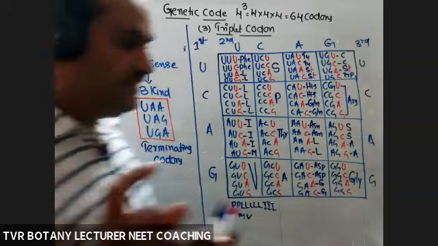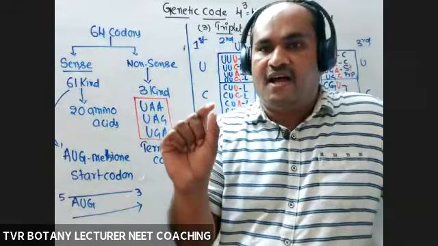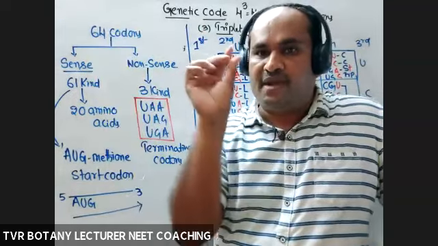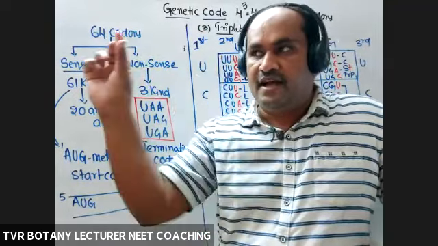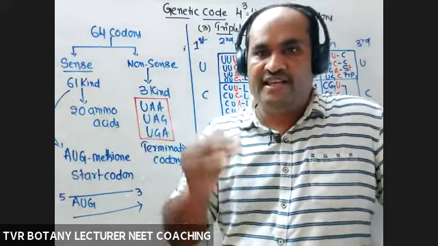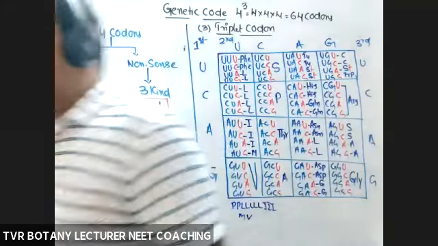So like that, prepare the data for the number of kinds of codons for each amino acid. I'll give a certain number of questions. Amino acid name, number of kinds of codons. Prepare the data like that. So what type of questions are possible? Out of all the amino acids, which is coded by one kind of codon only, two kinds only, three kinds only, six kinds only? What are they? Remember that one.